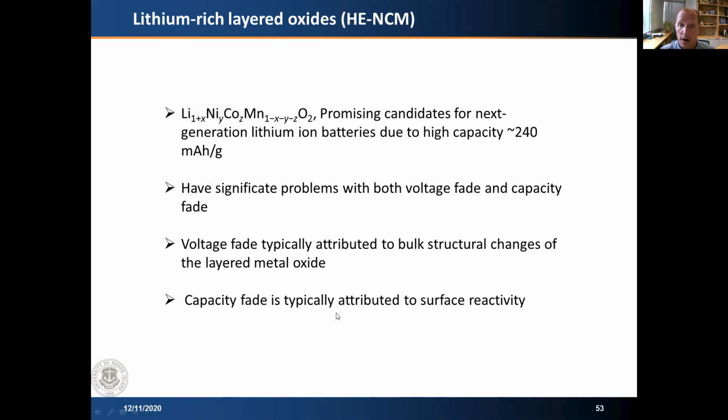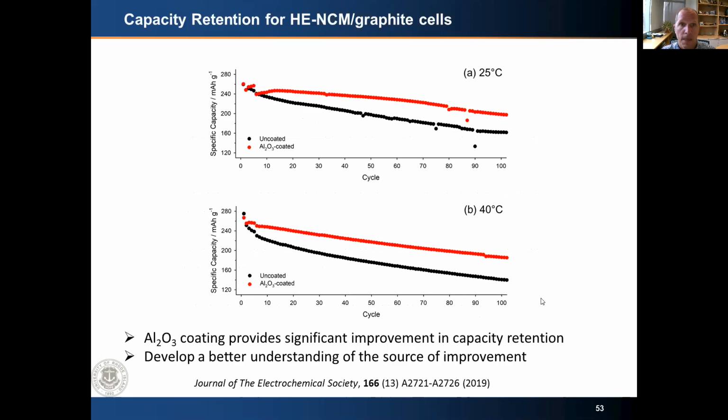And we will focus my presentation on the latter part here, which is the capacity fade, because most of these surface reactivities are typically related to the reactions with the electrolyte. So if we look at the overall capacity retention for these high energy NCM graphite cells, what we can see is that if we now compare the uncoated high energy NCM compared to alumina coated, as I mentioned previously,